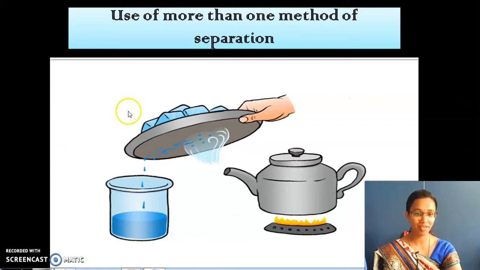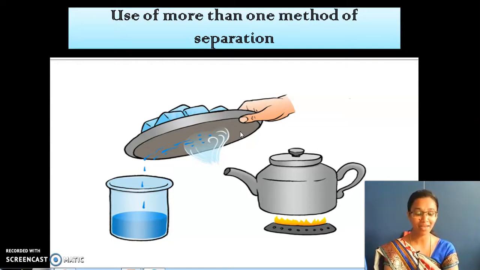Okay, so what is the topic which we are seeing now? Use of more than one method of separation. So for separating a single thing, we need to apply more methods. Say you have a mixture of salt, sand and water. Can you apply evaporation there? The water will be evaporated. What will stay there? Salt and sand will be mixed together. Otherwise, if you apply the filtration method, what happens? The sand will remain, but the water and salt will be combined together.